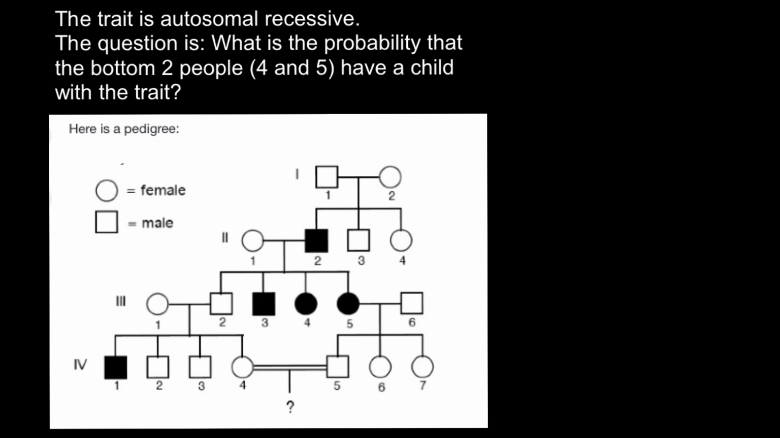Rule of probability to pedigree and find the probability for the progeny to have a specific condition. And here is a problem. The trait is autosomal recessive. The question is, what is the probability that the bottom two people, number 4 and 5, have a child with the trait? And as usual, I recommend you to pause the video here, try to solve this problem on your own